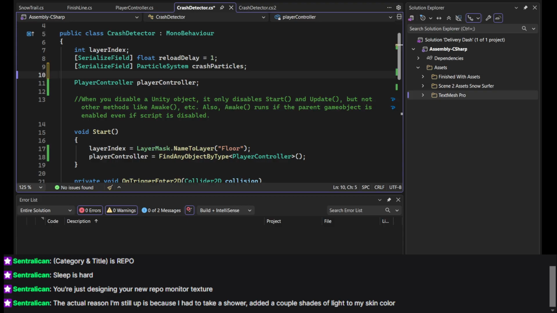I'm still up is because he had to take a cover, added a couple shades of light to machine color. Oh,